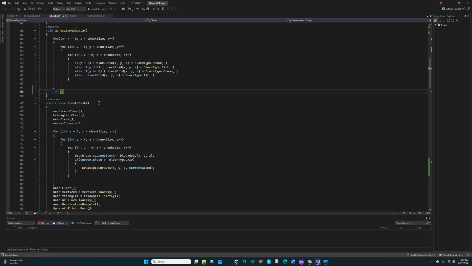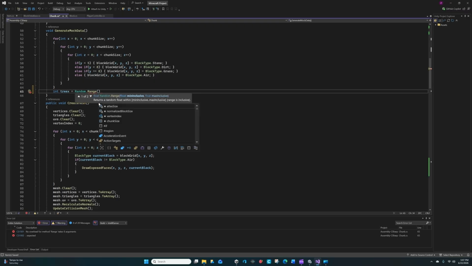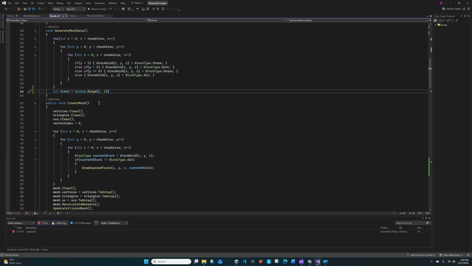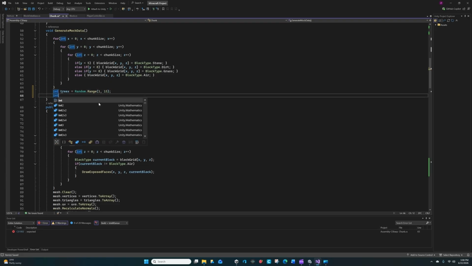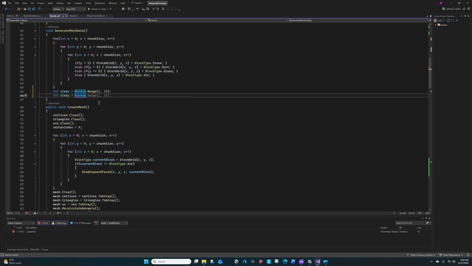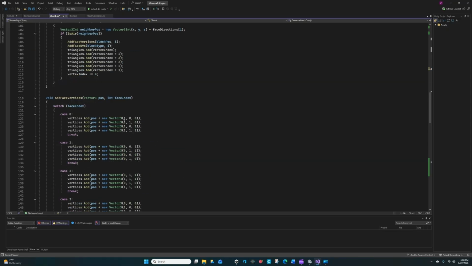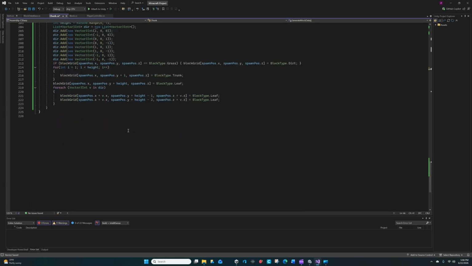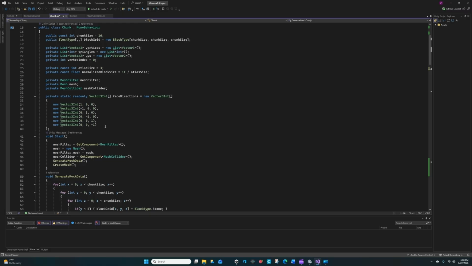So it'll give int tree x equals random dot range 1, 15. Int tree y equals random dot range 1, 15. Okay, and then we're going to say tree. It just takes in,